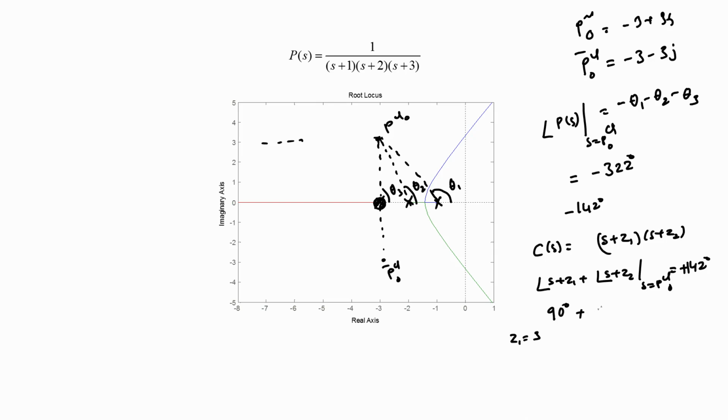So, what that means is that my angle S plus Z2 has to be such that the sum should add up to 142 degrees, and that will reveal that my angle S plus Z2 has to be equal to 52 degrees. So, now that I know what angle Z2 has to subtend at the point PCL naught, I can use trigonometry to locate Z2 at some suitable location to the left of the point Z1 such that it subtends an angle of, so I can choose to locate it here and use trigonometry to determine its exact position, so that this angle is going to be equal to plus 52 degrees.